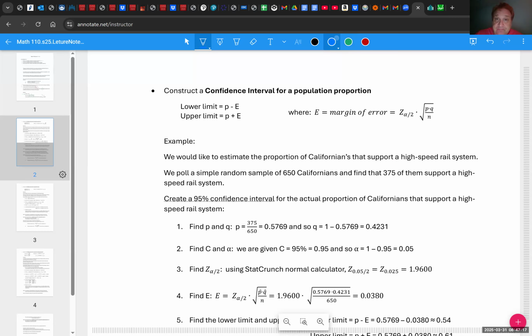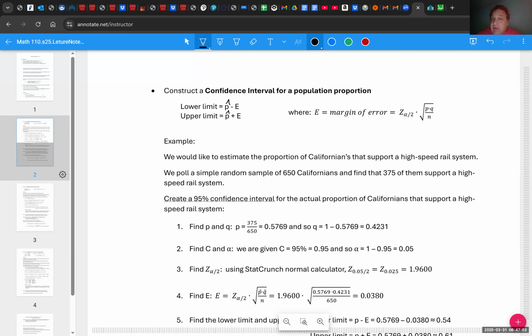Okay, so here we go. There are formulas, so I'm just going to make sure you have those formulas available. We need a lower limit and an upper limit. That's always going to be how we do our confidence interval. So our lower limit is given by this formula, P minus E. This should say P hat. My PDF maker sometimes leaves off the little hats and stuff like that. So it's going to be P hat minus E, and upper limit of P hat plus E,